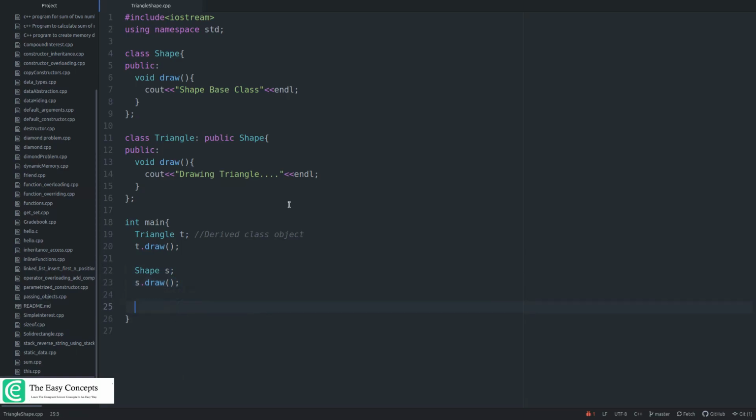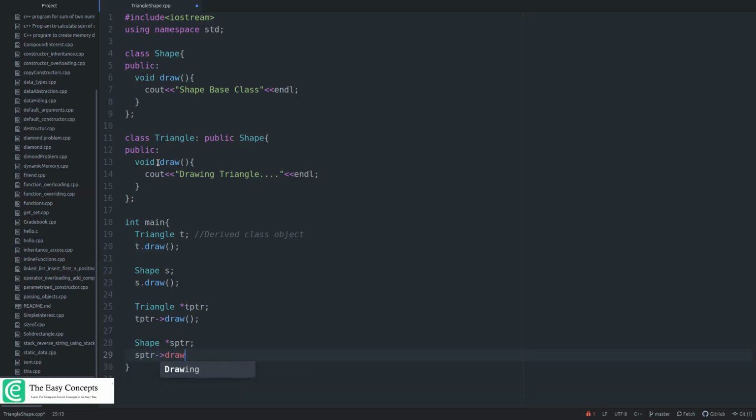Other than this, you can use Triangle *tptr, which is a triangle pointer, and then try to invoke draw on this. It's again going to call this drawing triangle function. Now create a pointer of the shape class and try to call draw on this.